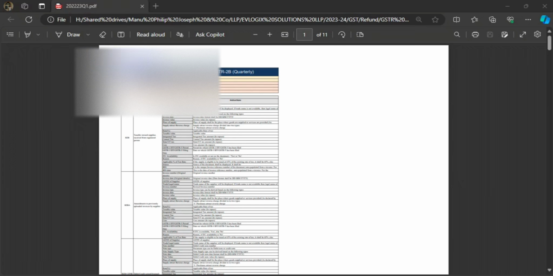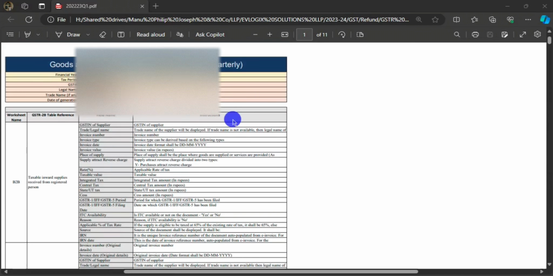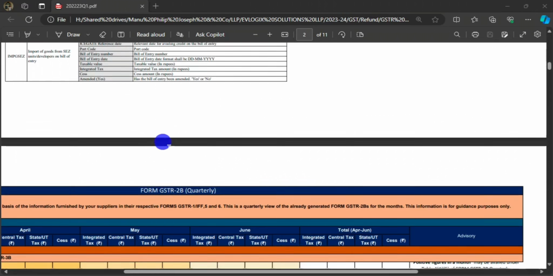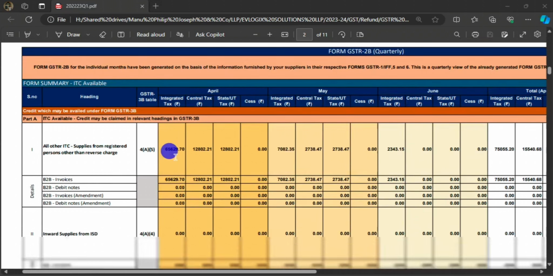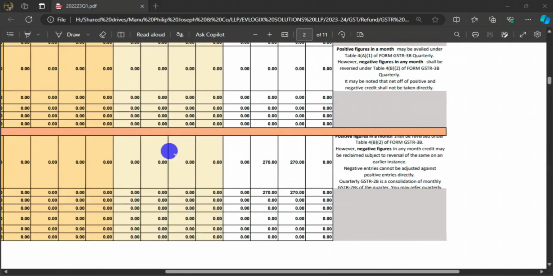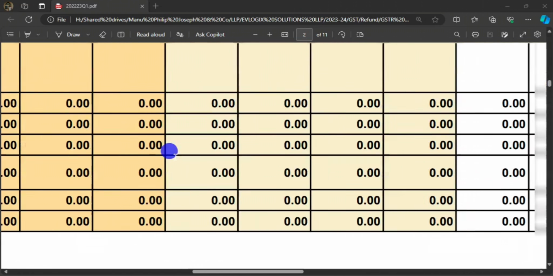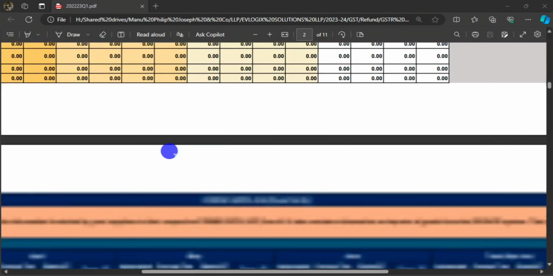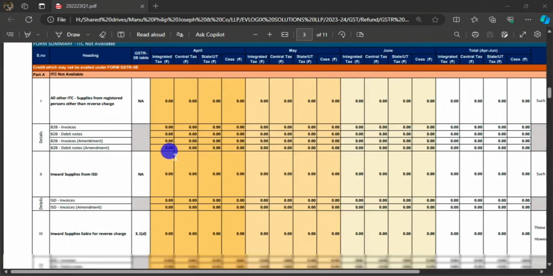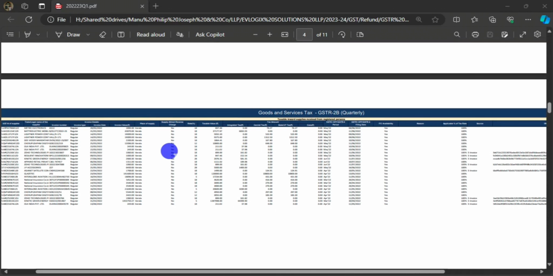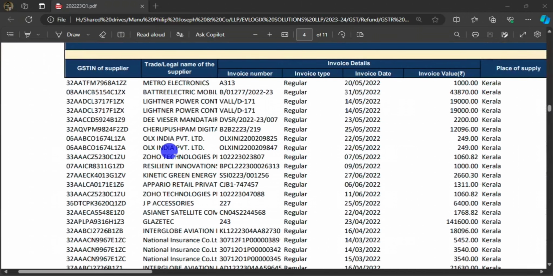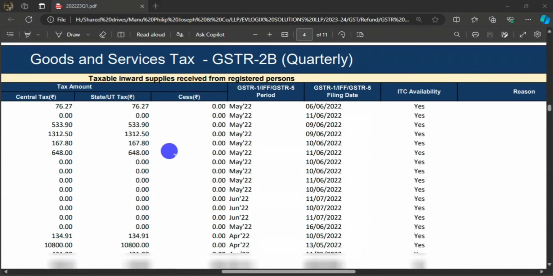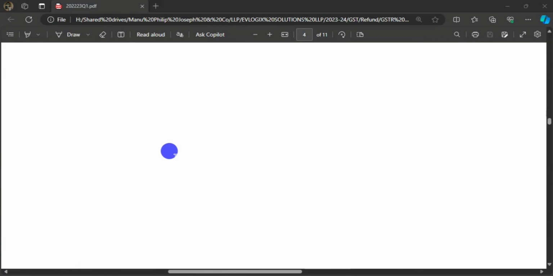This is how GSTR 2B is attached with the file. I have created a PDF version of the Excel file which was downloaded, and this quarterly, since the period was spanned throughout an entire 1 year in my case. So I have taken the quarterly figures and made it into a PDF, and make sure that the figures are even readable by zooming in. You can change the page size in the Excel to legal size or a much bigger paper size so that everything fits into a single page, and you can give the entire thing in one single PDF file and attach it with the refund application.